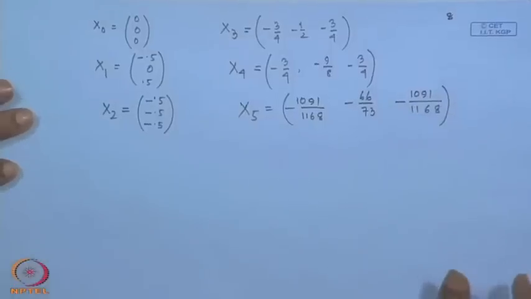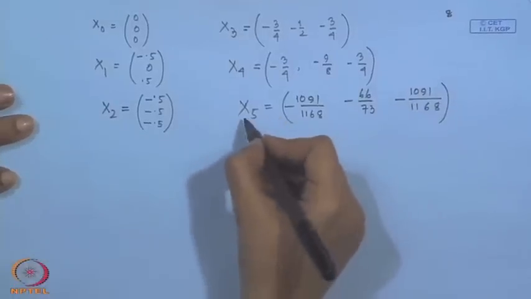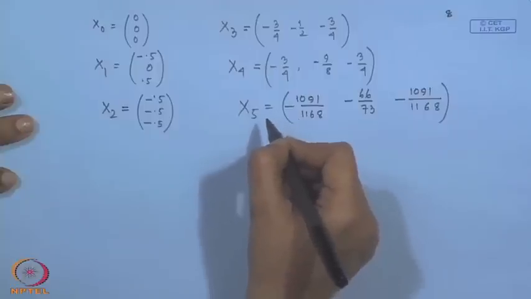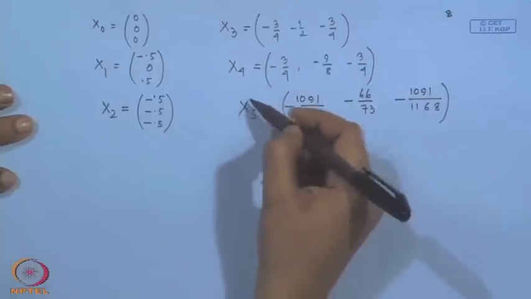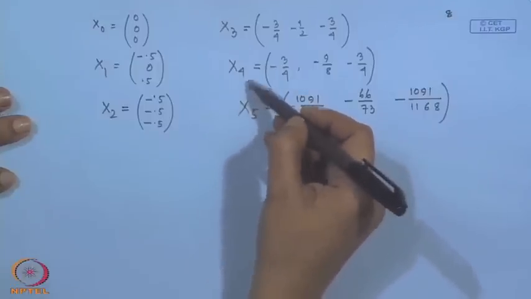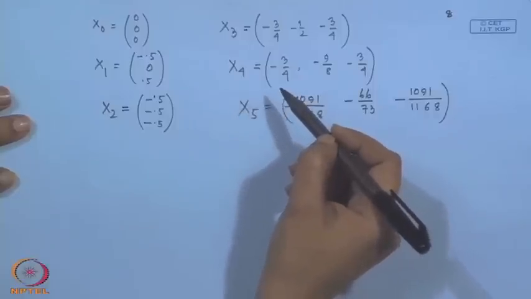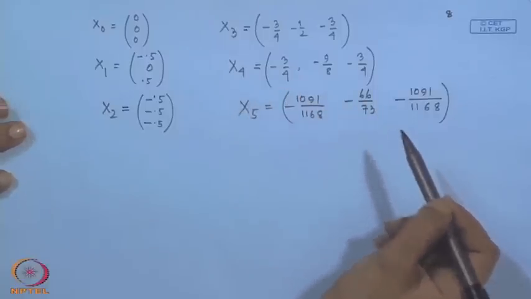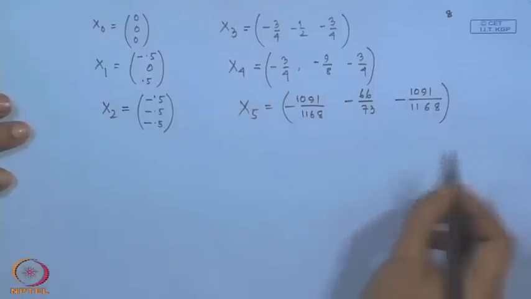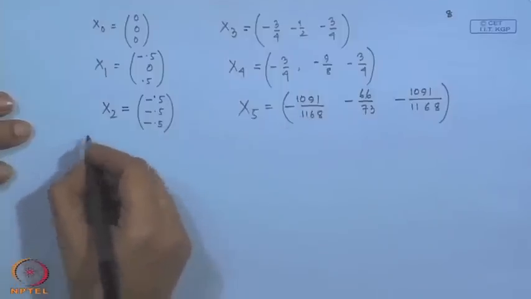And as I said, I will just find out the difference in the functional values at point x 5 and x 4. We will compare it. If we see the change, our rate of change, is very small, we can stop our process. But here we could see that